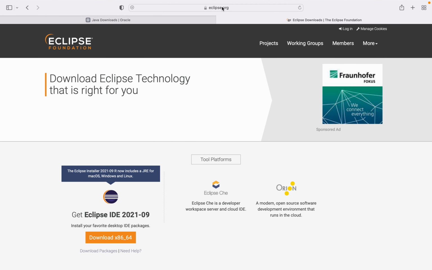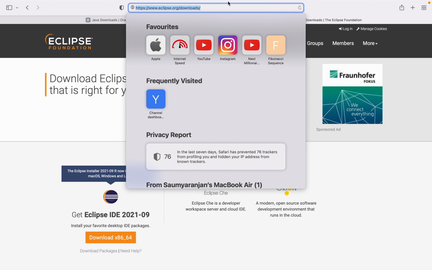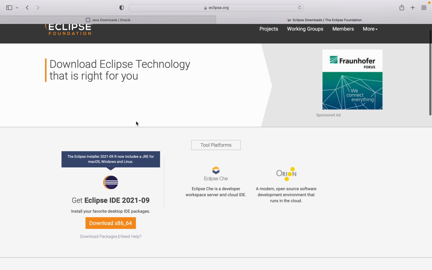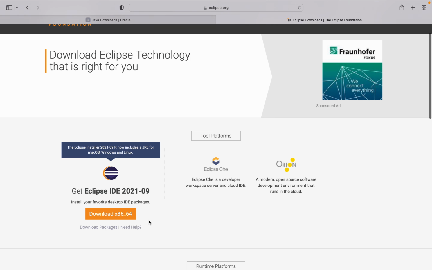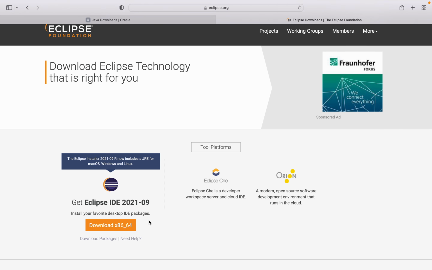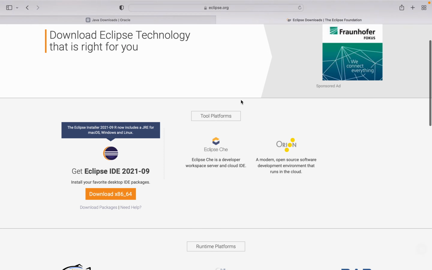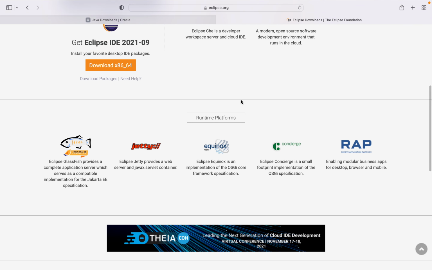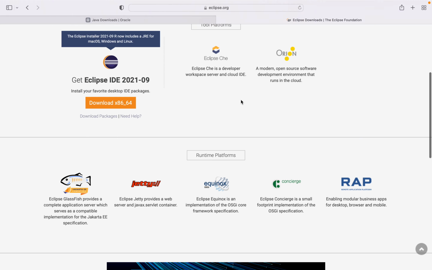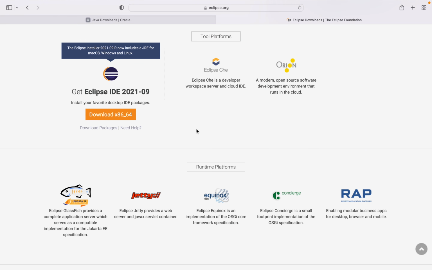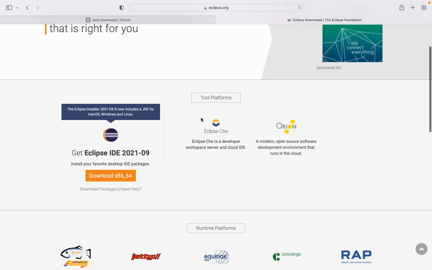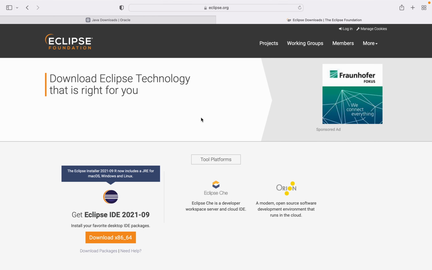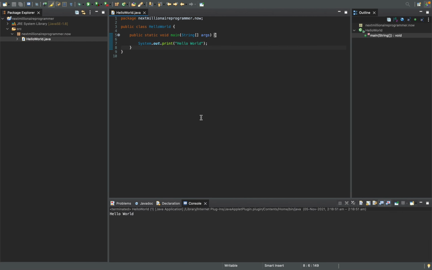For that you need to navigate to eclipse.org/downloads, and here we go. I am using the latest version of Eclipse right now, but I suggest you always use the previous version of Eclipse, which is the most stable version. Generally, rather than using the latest version, I recommend you use the previous version so that it will be more stable. If you install JDK and Eclipse, and you open Eclipse,